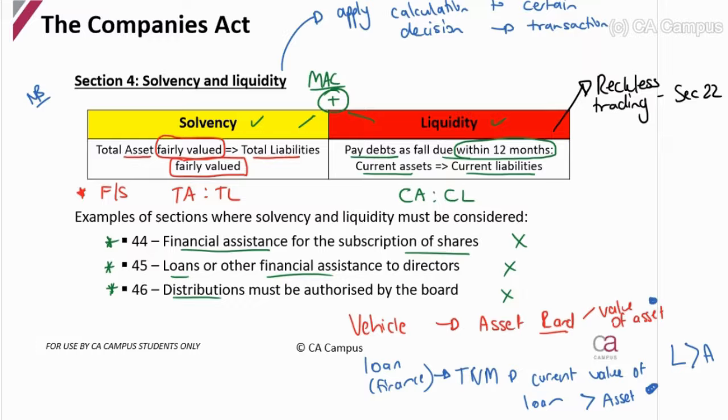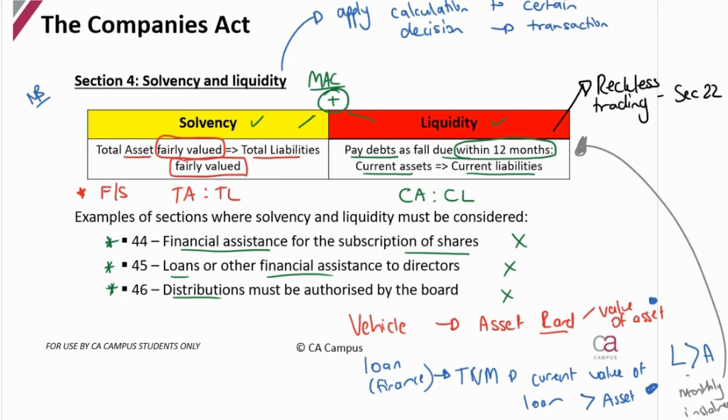However, does that mean I cannot exist in the world? No, because I have an income that allows me to pay the monthly installment, which means my income allows me to be liquid. So although when I look at it from a total perspective, total asset to total liability, my liability exceeds my assets, when I'm looking at it from a liquidity perspective myself on a daily basis, as the months go,